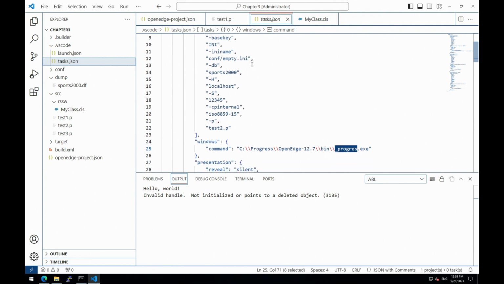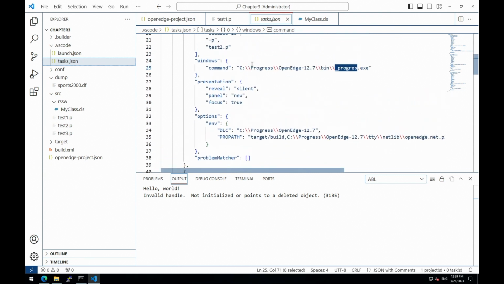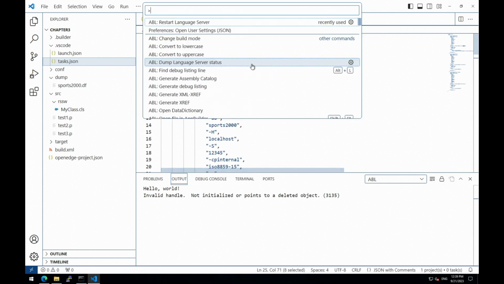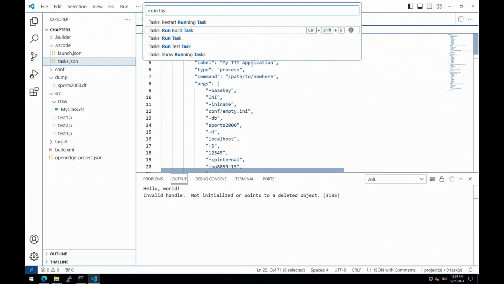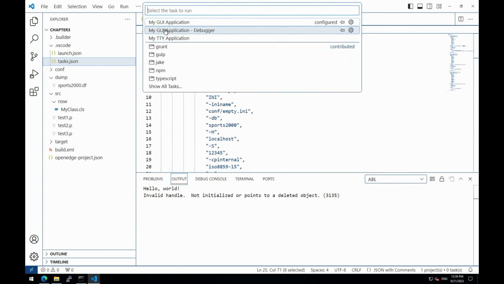Okay? You can define as many tasks as you want. Here, if we do a run task, it will offer all the entries which are defined in your tasks.json, and this JSON file can also be stored in your code repository. So this means that if you add a task, that will be shared with all the other developers. So make good usage of this file.